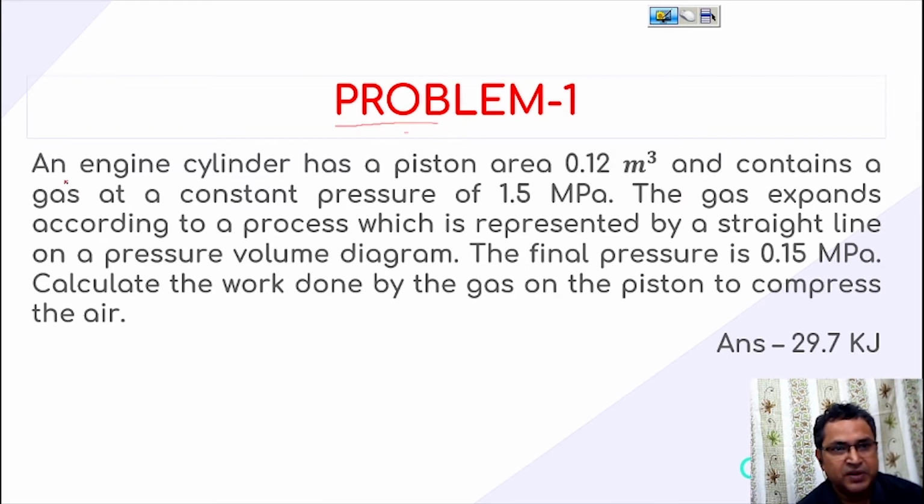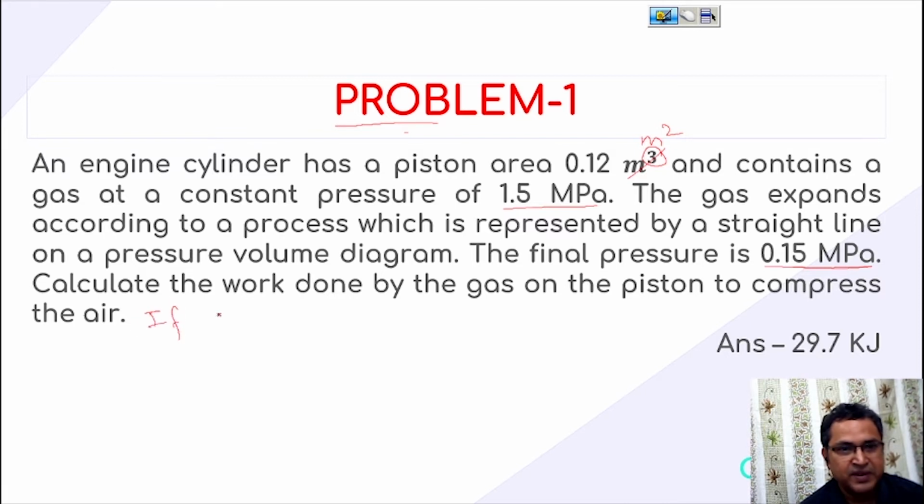So the problem is: an engine cylinder has a piston of area 0.12 meter square, and contains a gas at a constant pressure of 1.5 megapascal. The gas expands according to a process which is represented by a straight line on a pressure-volume diagram. The final pressure is 0.15 megapascal. This is the final pressure and this is the initial pressure. Calculate the work done by the gas on the piston to compress the air